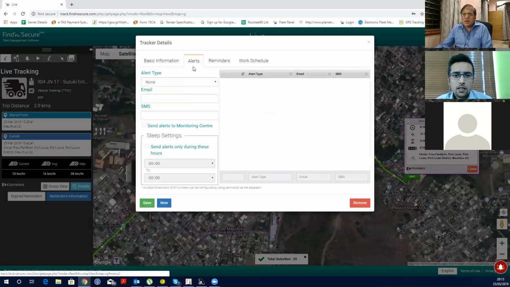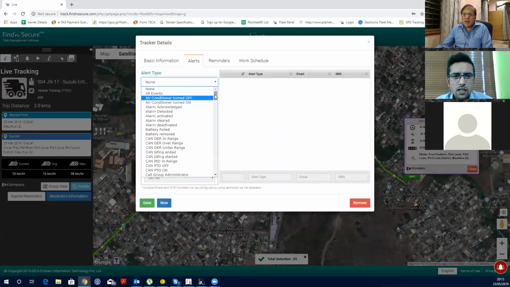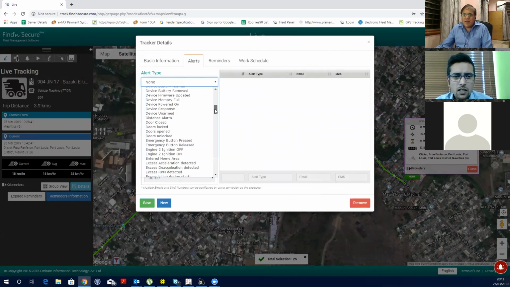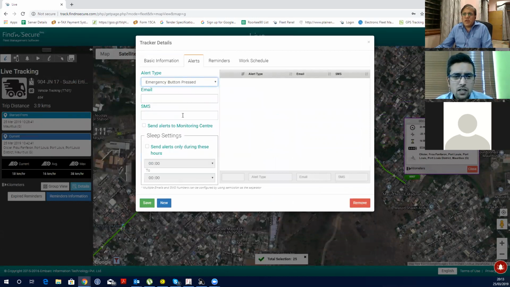Now let me go to alerts. We have different kind of alerts in the system. Let me show you one alert. It is called emergency button pressed. Now what should happen when emergency button is pressed? Maybe I get an email, I get SMS, and should I want the alerts to come all 24 hours or during certain specific hours of the day? I can select from here. So this way, let us say if there's any emergency, you press the emergency button and an alert can come